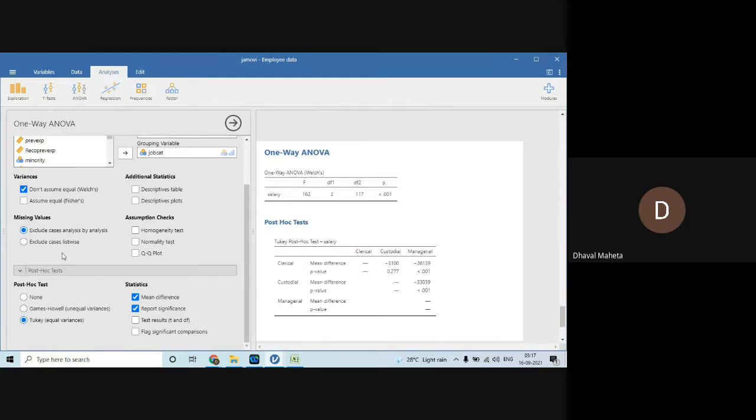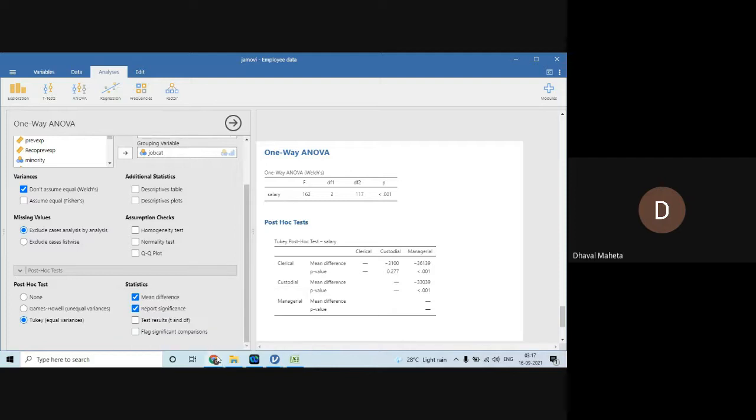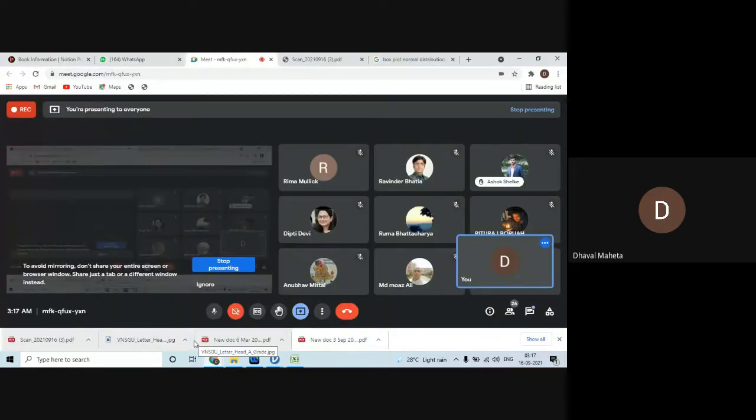Are you getting the same result? Just say yes or no. Did you get the same result?